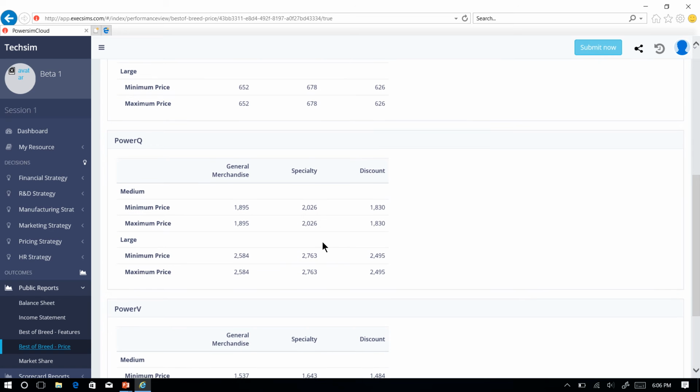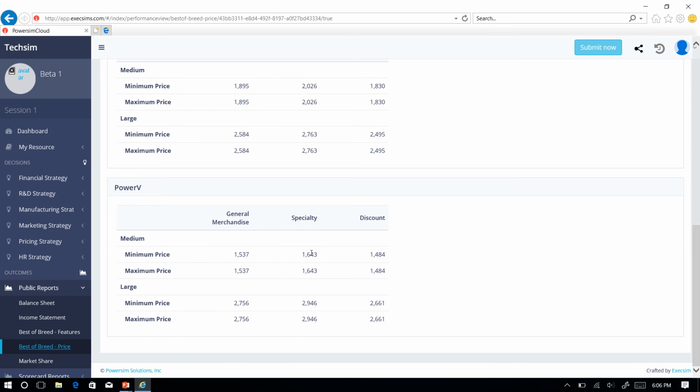And then here we have Power Q, and this is the higher technological version. So the discount price is much higher than that of the standard version. It is at $1,830, and the specialty price, which is the highest price, is $2,026. And then for the large size, the discount price is $2,495, and the specialty price is